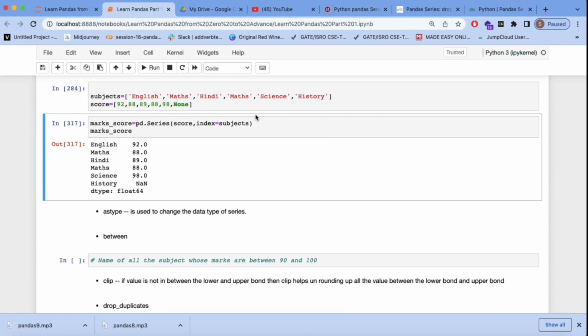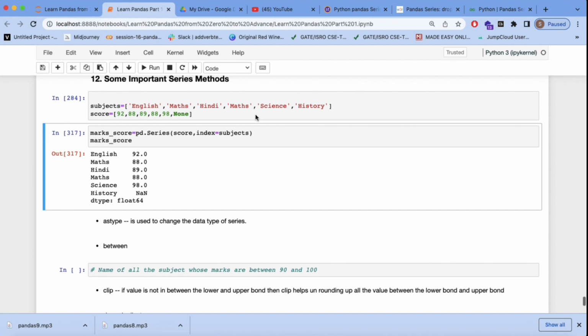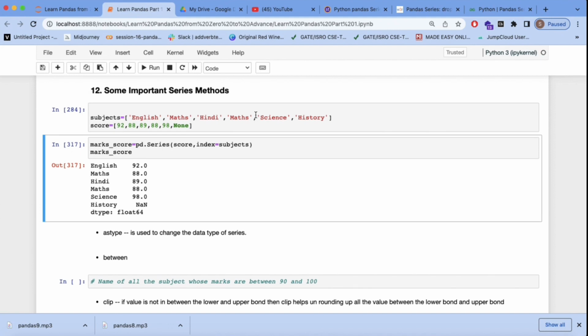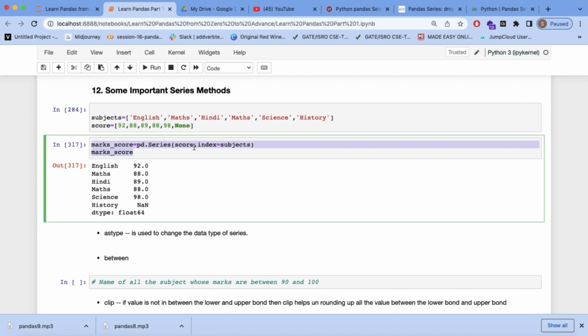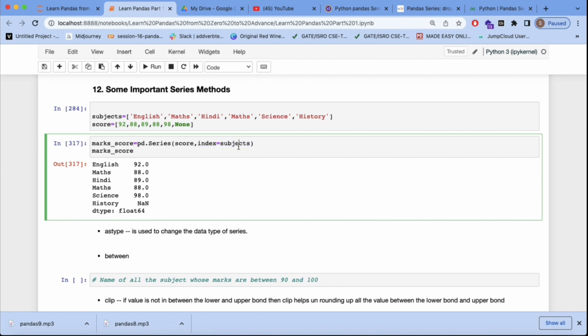Now in this session we are going to see some of the important Series methods. For that I have already made a series. Here is a list of the subjects and here is the list of the scores in that particular subject. I have made a series with the help of these scores and made a custom index of the subjects. When I print, it shows like this: English marks is 92, Math marks is 82, 88, Hindi marks is 89, and something like this. Here it is given that D type is